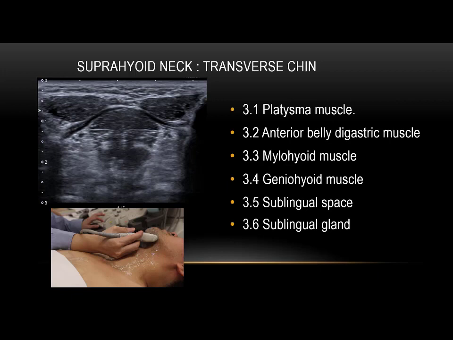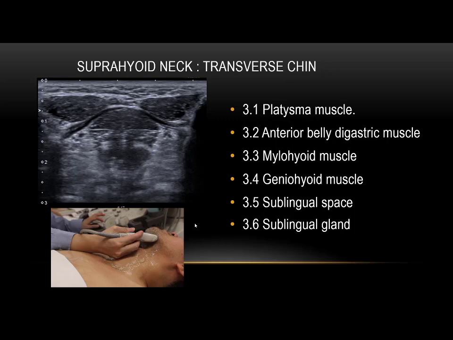Okay, before we go to do the scanning, I have to introduce the structures that we need to see during the scanning. If we consider doing the neck ultrasound, normally we separate the structures into suprahyoid level and infrahyoid level using the hyoid bone as a major landmark. So we're going to start first with the suprahyoid, the level above the hyoid, where we have